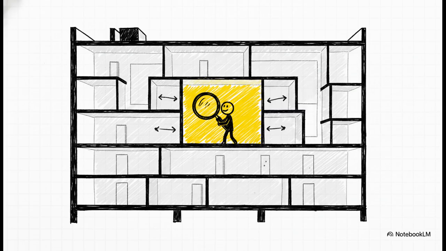Think about being inside a massive building. If you're standing in just one room, you can really only inspect that specific room directly. But just because you can't see the other rooms or the hallways or the other floors, well, that doesn't automatically prove they don't exist, right? It just means your access is limited. When physicists discuss the multiverse, they aren't declaring, hey, we know for a fact there are many universes. They're asking, hey, could the structure of reality just be larger than the room we're currently standing in?